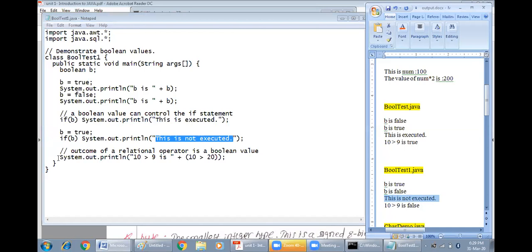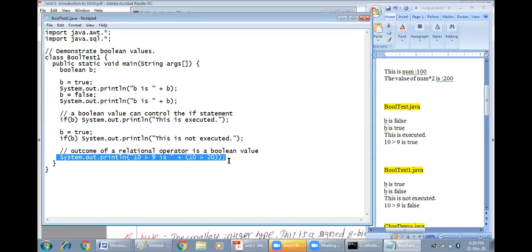Then the very next statement here, I am again using this in a conditional expression. So this will be printed as it is, 10 greater than 9 is. Don't worry about this part, because whatever we have given in the double quote will be displayed as it is on the screen. Then this expression will be evaluated for its truth value. 10 is greater than 20, it is false.